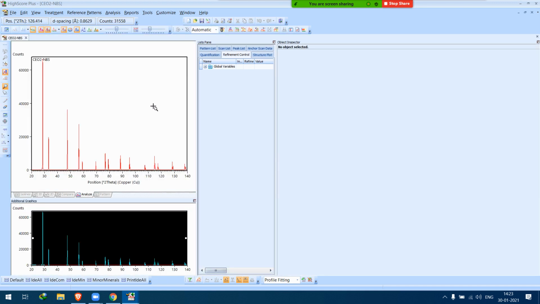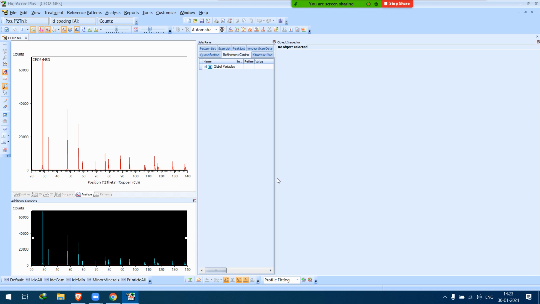And you can't take this same example file for your sample. You need to do one more experiment over the same optics, the divergent slit and other optics, whatever is present. You should have the same data for the same optics.